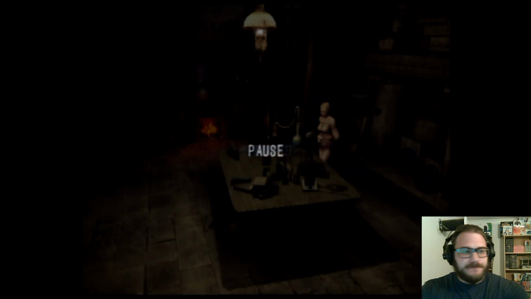Let's look it up. What am I supposed to be doing here? Alright, looking at the guide. The old IGN guide. That's what you do when you're lost, right? You pull up the IGN guide. Normally I don't need it this early into a game, but this one's giving me some trouble, so